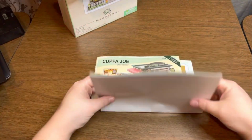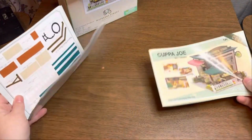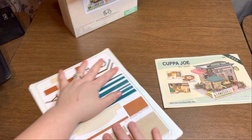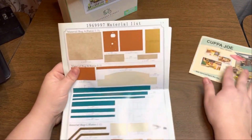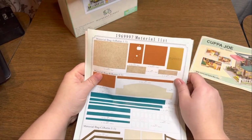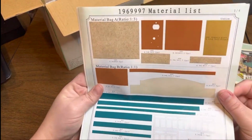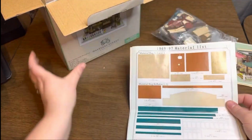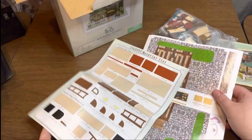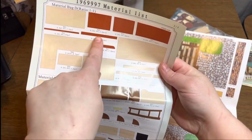and then we'll look at the most important part, which is the instructions. Okay, so here, these are probably the instructions. Okay, so we'll look through that. Now these, let's see. Oh, I love that. So some of the miniature kits come with these material lists, and some of them do not. This is the material sheet. So this has a list of everything that should be within the kit. Yep, still the material list continued,